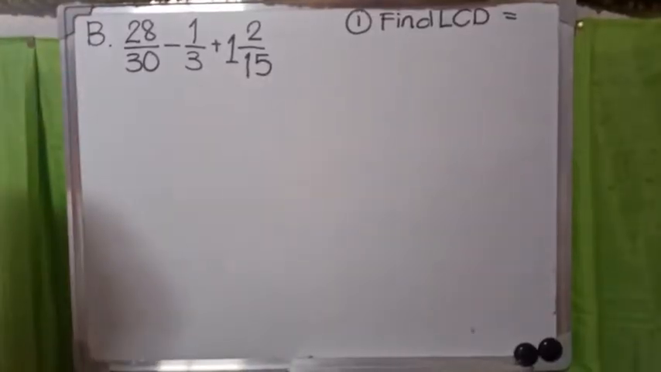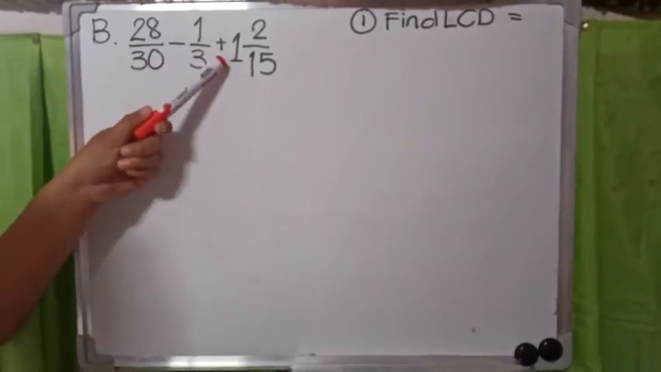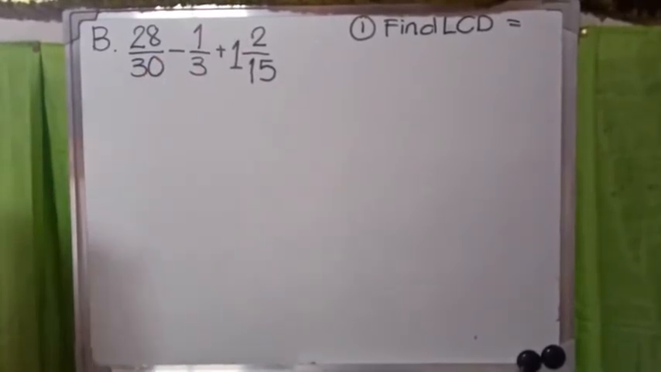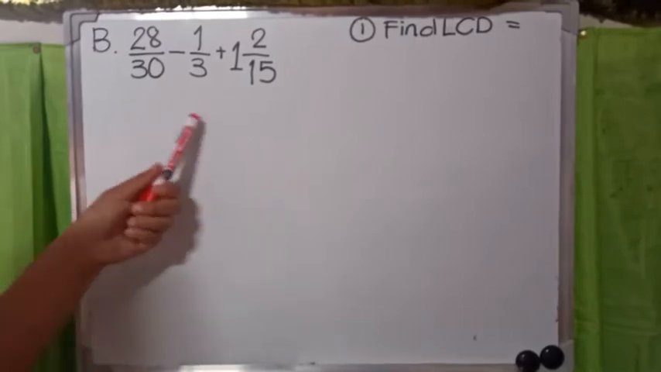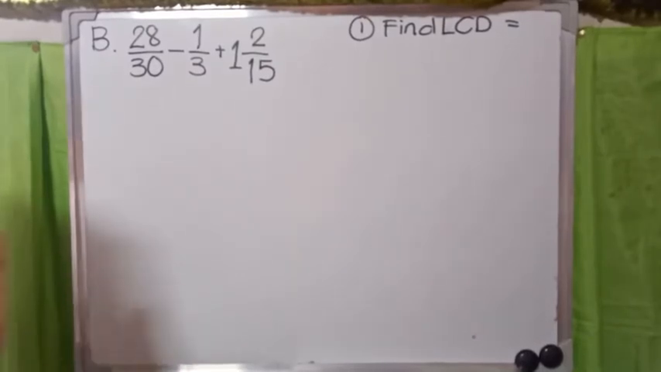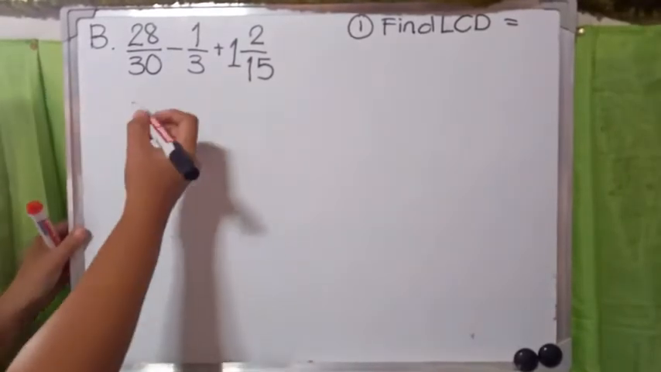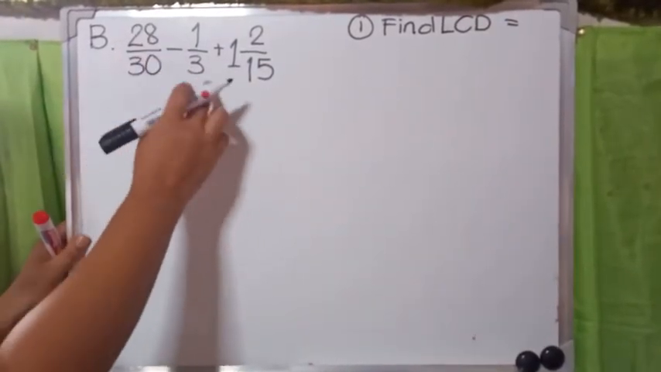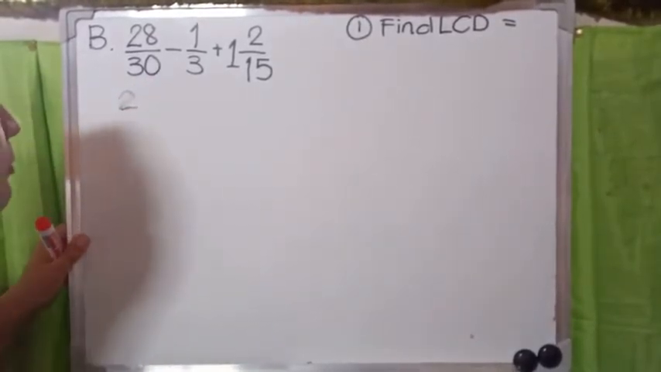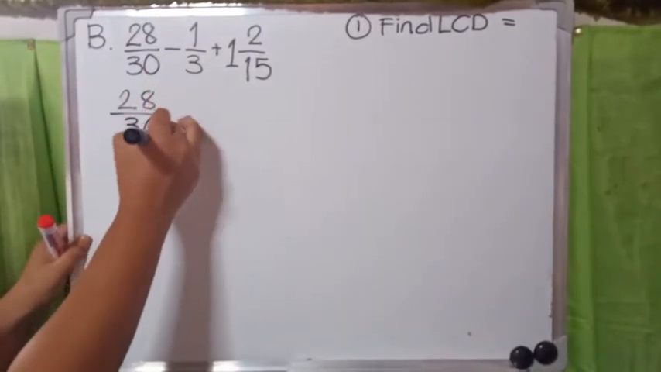Okay, so let's have letter B. We have 28 over 30 minus 1 third plus 1 and 2 over 15. As you observe, there is a mixed number. The first thing we need to do is convert our mixed number into an improper fraction. We'll copy first our first and second fractions: 28 over 30 minus